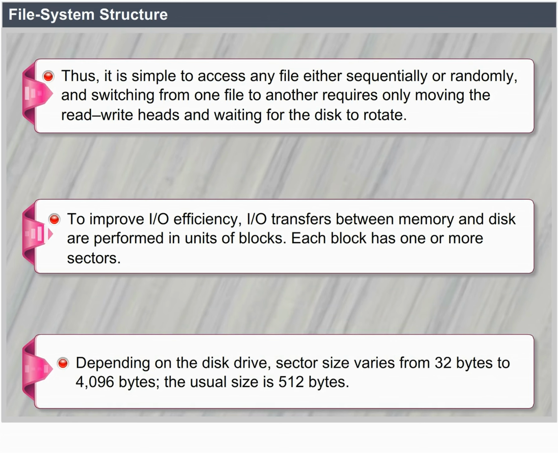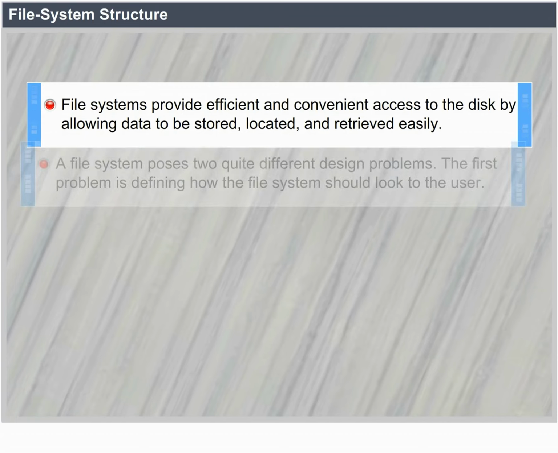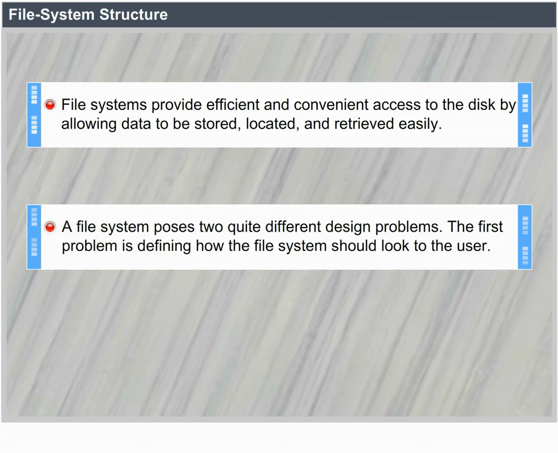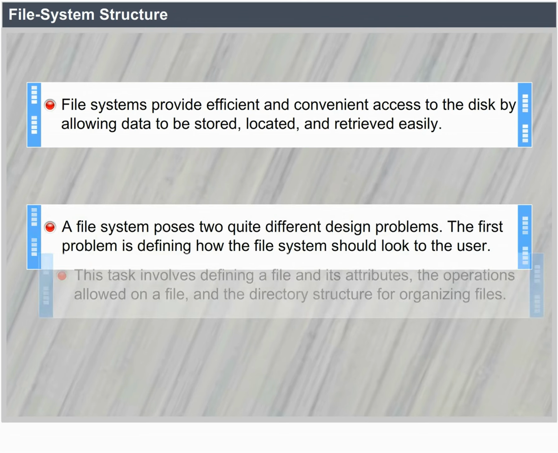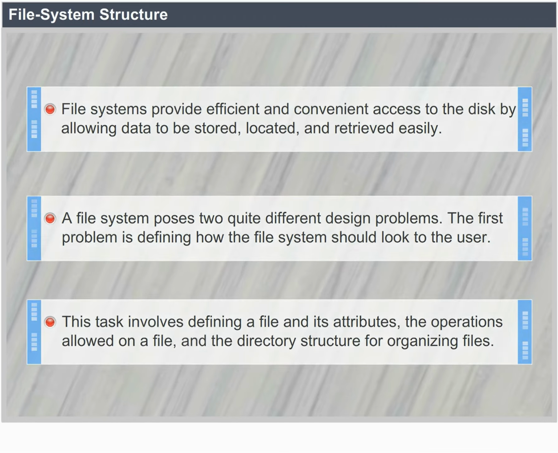File systems provide efficient and convenient access to the disk by allowing data to be stored, located, and retrieved easily. A file system poses two quite different design problems. The first problem is defining how the file system should look to the user. This task involves defining a file and its attributes, the operations allowed on a file, and the directory structure for organizing files. The second problem is creating algorithms and data structures to map the logical file system onto the physical